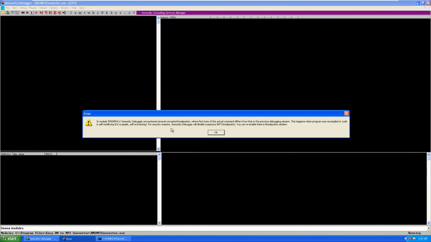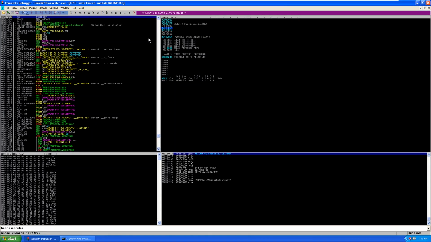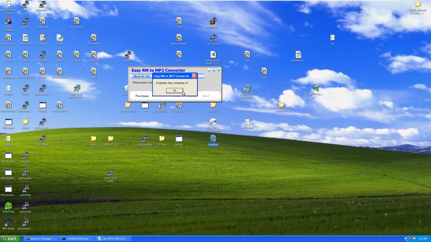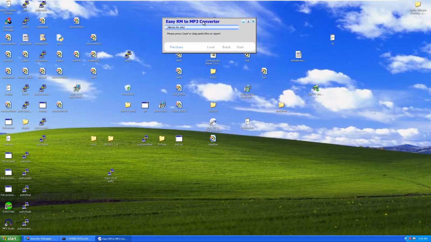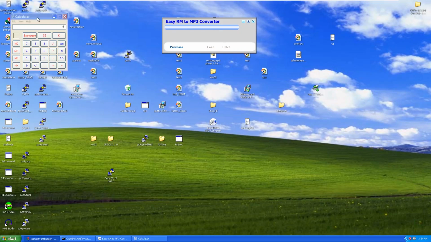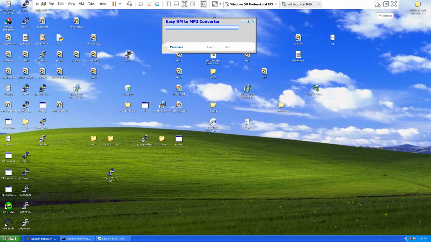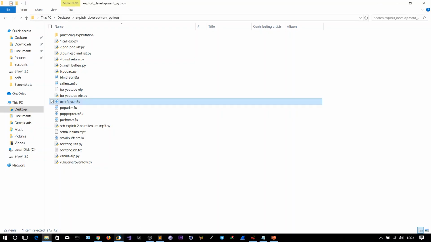Okay, I need to restart the program. Okay, it should open the calculator. When I load the file, it should pop up the calculator. Okay, done. Okay, in this way you will